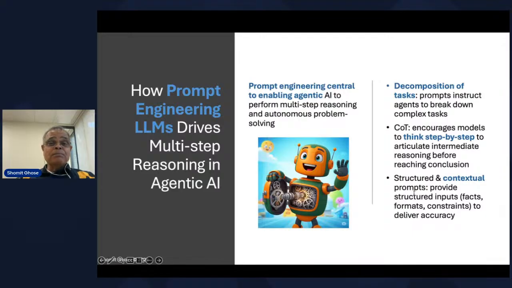We can say that prompt engineering, that is the construction of these prompts that an LLM receives, is the central process in helping an agentic AI reason using chain of thought. The more specific and detailed a prompt is, the more context is passed to the LLM, and the higher the fidelity of its response. So detailed prompts bring context, they help the LLM decompose complex tasks into multiple steps, and that's how they enable step-by-step reasoning.